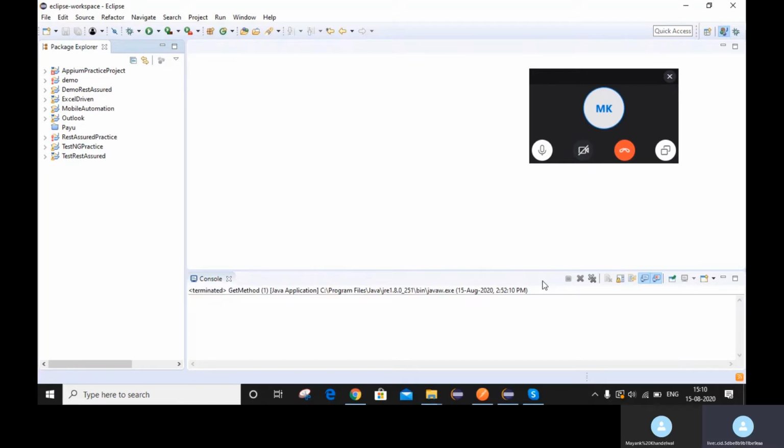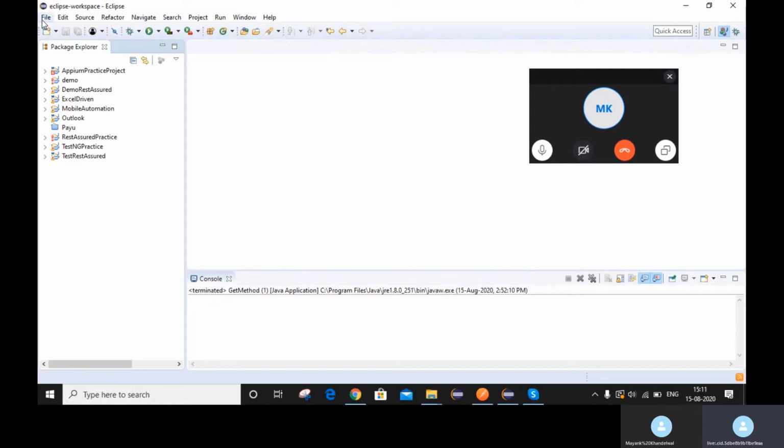So today let's start with how we can set up the REST assured project in our Eclipse. And today we will also see how we can use HTTP get operations. So let's see how we can set up our REST assured project. First, I hope Java and Eclipse are set up in all your systems.